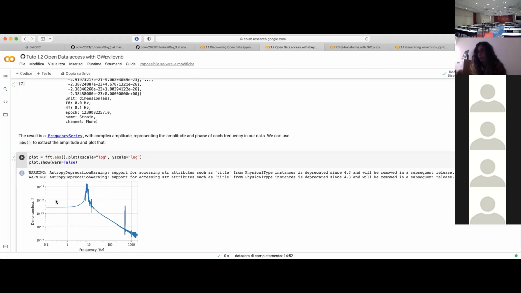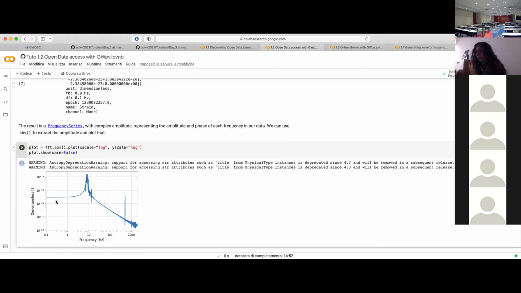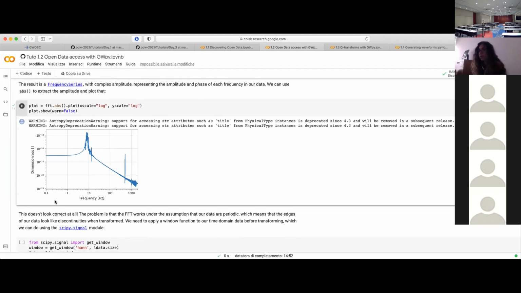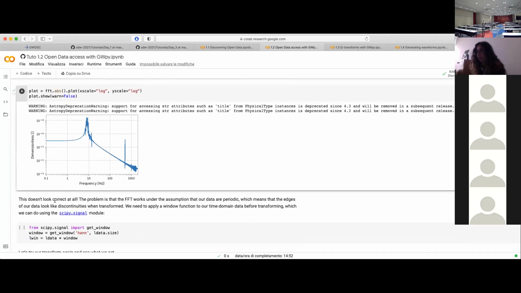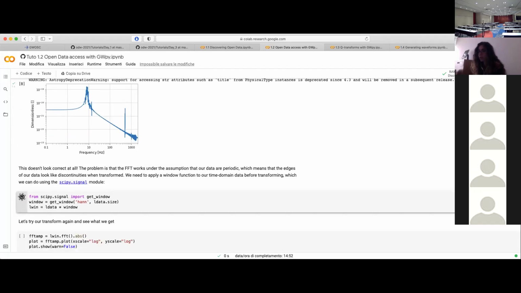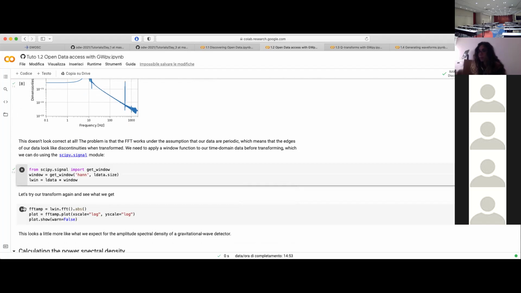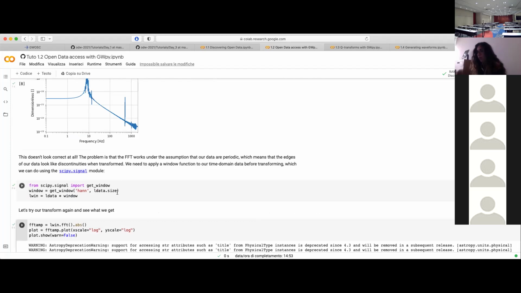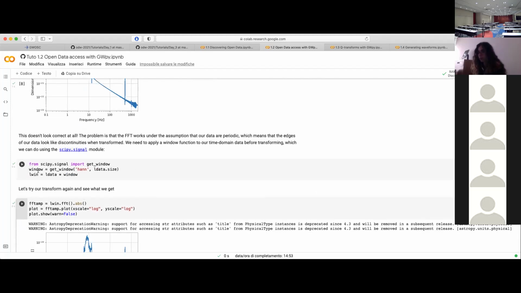FFT of the data that should look more or less like our sensitivity plot, but it's not exactly like that, because you need to take into account the discontinuities when you do this FFT. So you have to apply a window. Usually we use this window, and if you modify this with the window,